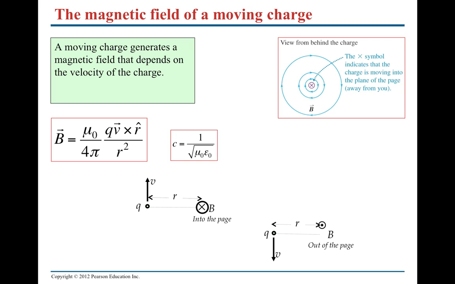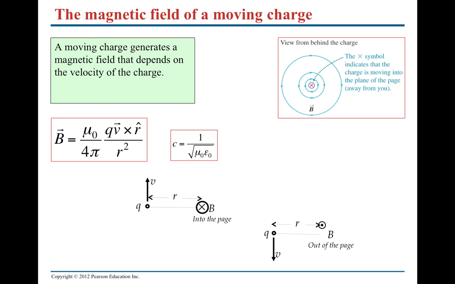Okay, so the first thing that we wanted to look at is what is the magnetic field produced by a moving charge. So if you look here, I have a charge that is moving with some speed v, and that charge produces a magnetic field B at some distance r, and the direction of the magnetic field is determined by the right hand rule. So I place my thumb along the velocity, and then I curl my fingers